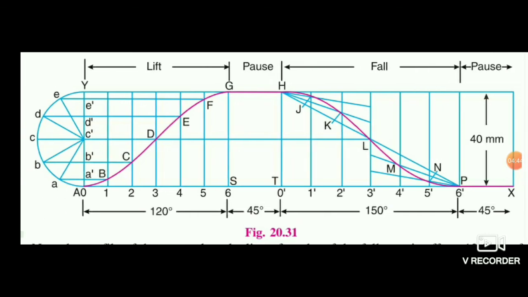So you can see here, since we have already drawn the displacement diagram for simple harmonic motion and UARM, I am not explaining that in detail. So you already know, first we will draw a horizontal line AX of unknown length. Then we will take the required scale: 12, 45, 150 and 45. So if you take 12 centimeter, 4.5 centimeter, then 15 centimeters will be big,